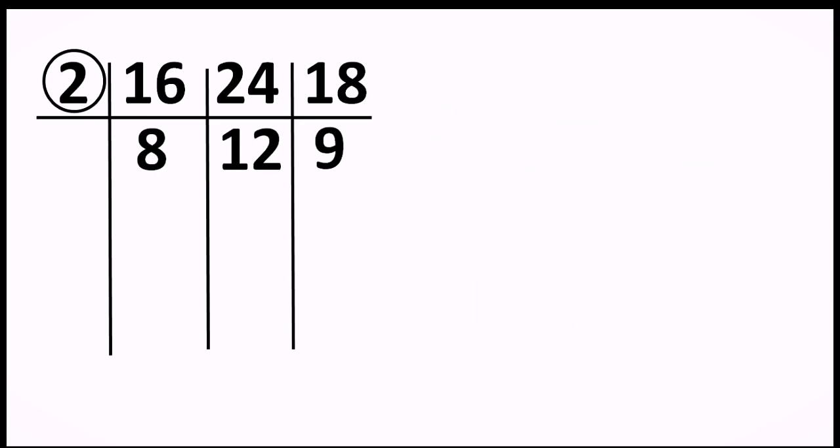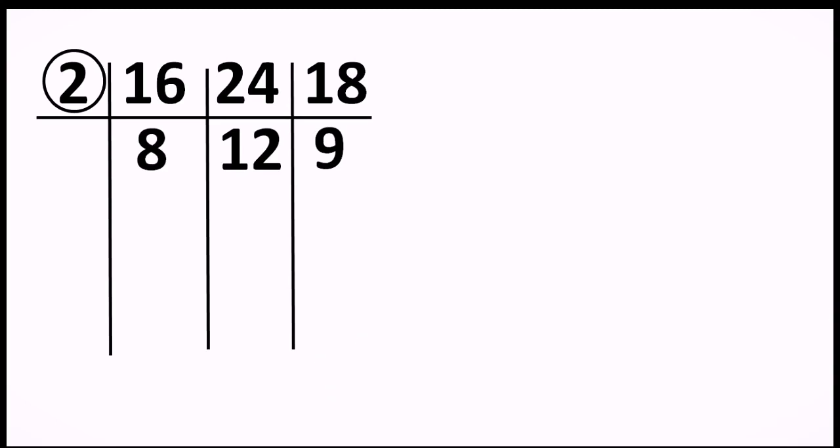Now the next numbers are 8, 12 and 9, and what do you think? Are these 3 numbers present in one and the same table? No, right? So either we can choose 3 that will divide 12 and 9, or we can choose 2 that will divide 8 and 12. So here we have chosen 3, and when you divide 8 by 3, the result you have to write same as it is, because it is not divisible, it is not present in the 3's table, right?